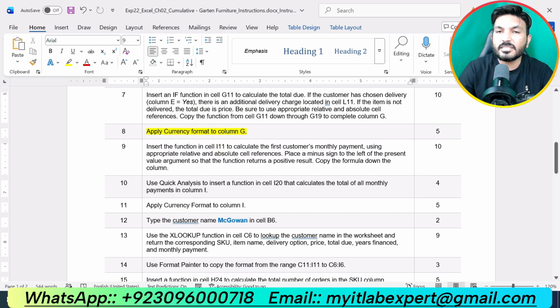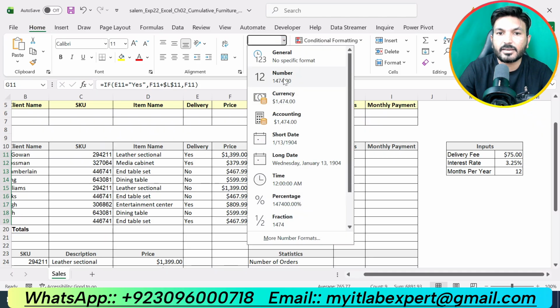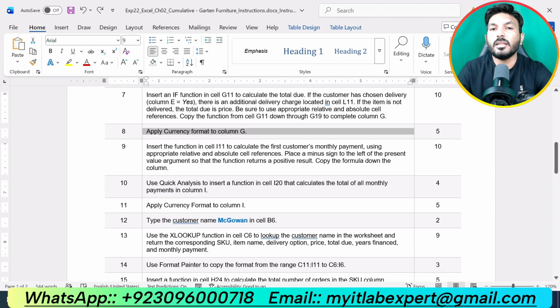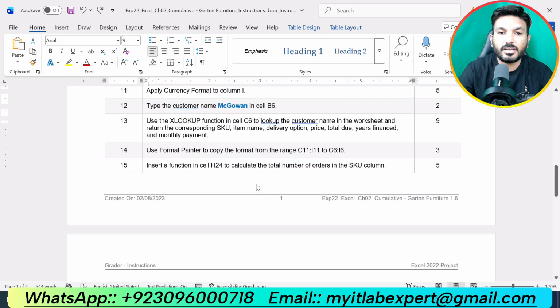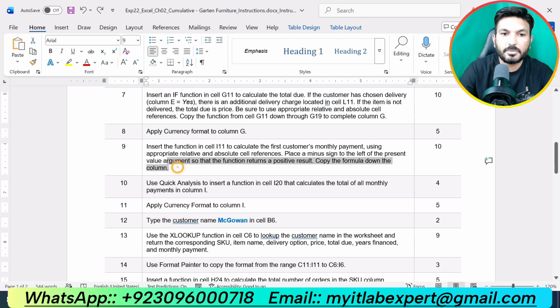Now, apply currency format to column G. So we are supposed to select column G again, go to the Home tab, go to the Number group and apply currency format. So we got all the total dues. That is all about step number 8. So we are done with step number 8, and now we're going to do the next step, that is step number